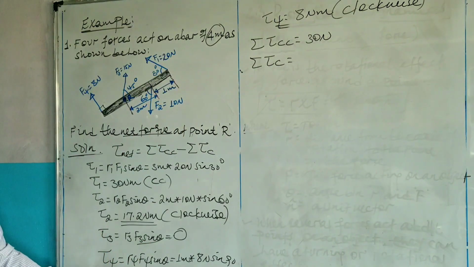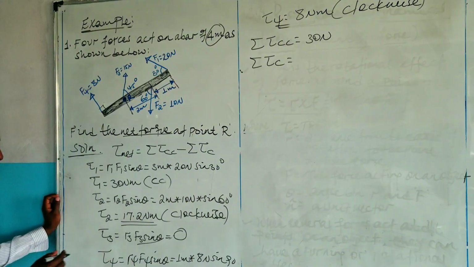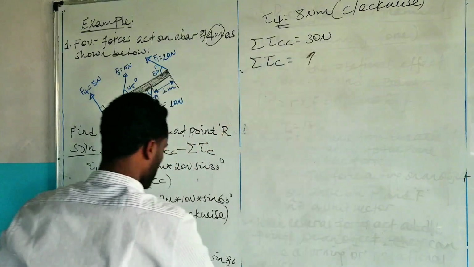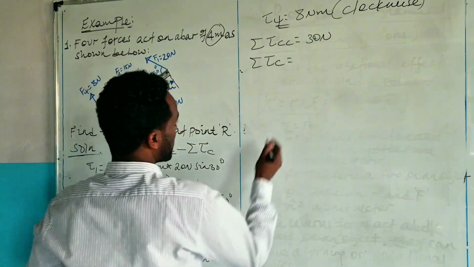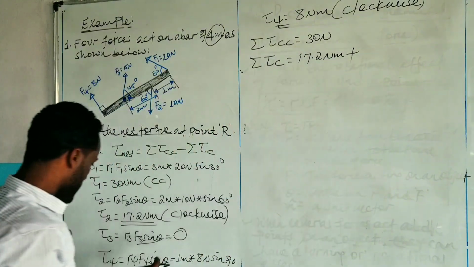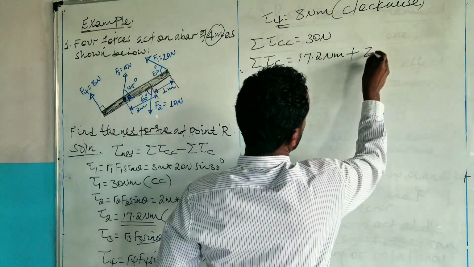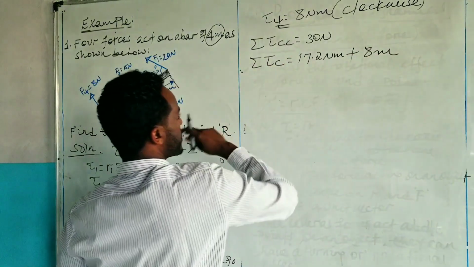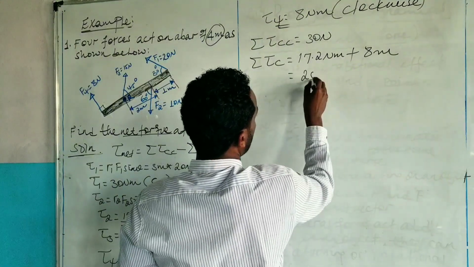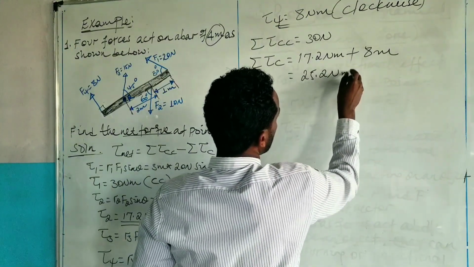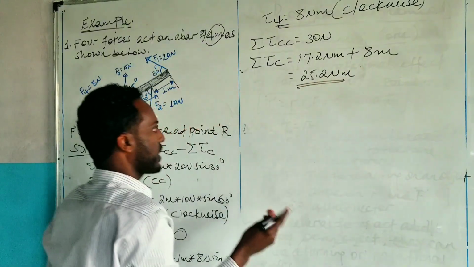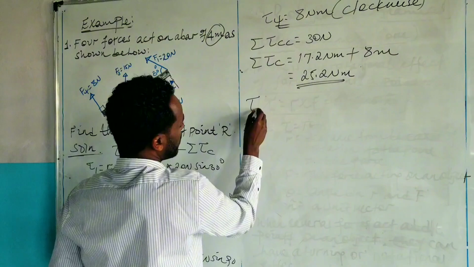Torque 2 እና torque 4, already torque 3 0 ስለሆነ. ስለዚህ ስንት ይሆናል? 17.2 Newton meter plus 8, 25.2 ኒውተን ሜትር in the directions of clockwise ይሆንልናል ማለት ነው።